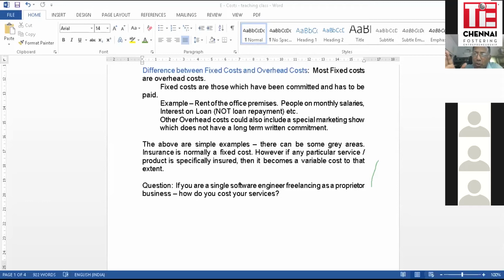I'll give you a trivial example. You buy 2 tickets for a movie. Each ticket, I don't know, there's a bomb, so you pay $200 per ticket, so 400 for both, and both of you go inside. And you find out you have never seen a movie worse than this in your entire life. You get a splitting headache in the first 5 minutes. You won't get your money back. Have you ever found any theater fellow giving you money back because the movie is not good? No. So you have spent.